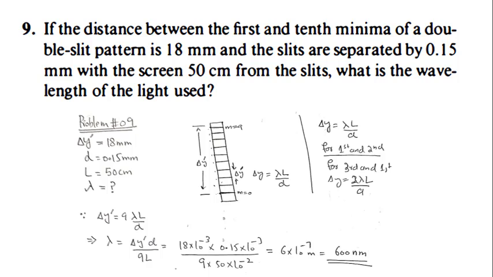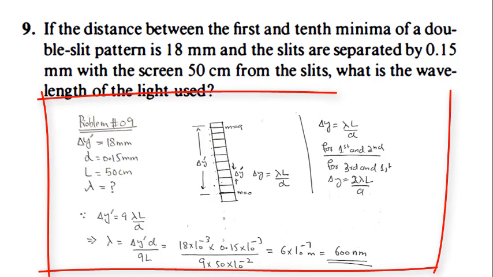What is the wavelength of light used? So we are asked to find the wavelength of light. So you can see in the figure, and you also say that if we have two consecutive bright or dark fringes, the distance between them is lambda L by D, which is known as fringe spacing. Similarly, for m and m plus 1 we have lambda L by D, and for m and m plus 2 we will have 2 lambda L by D, or you can see here in this figure for m equal to 0 and m equal to 1 we have lambda L by D.